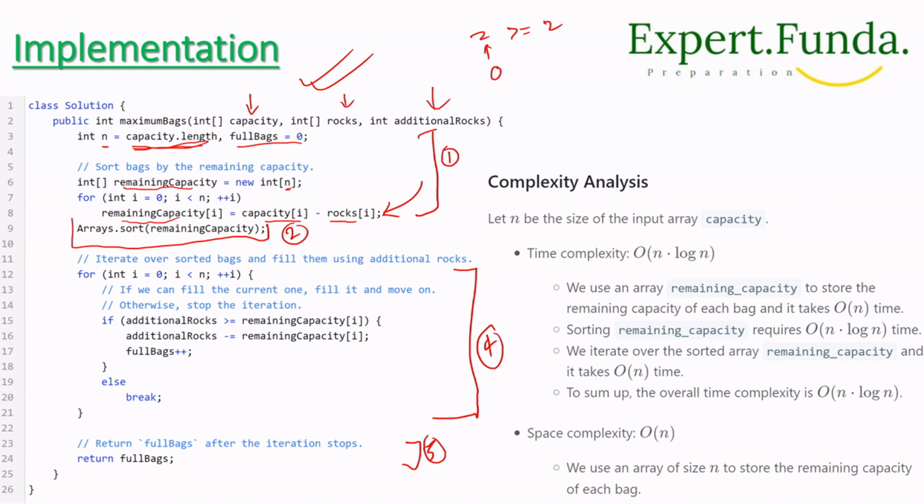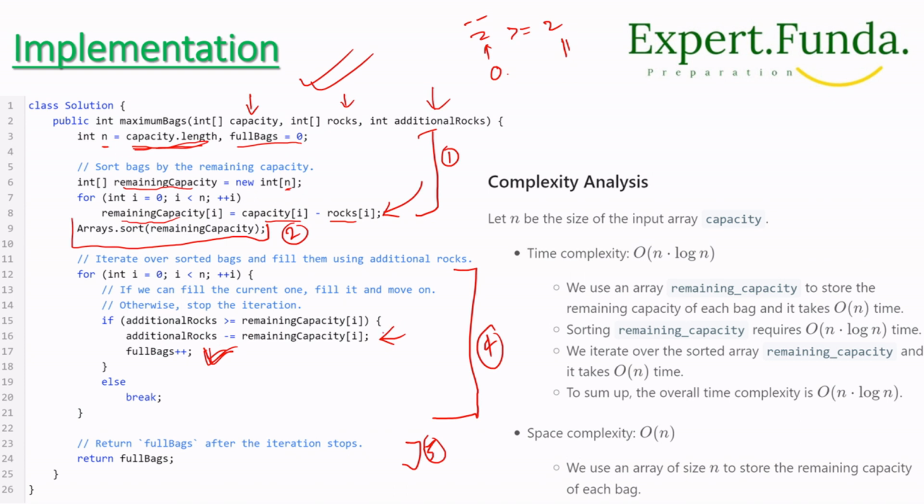No, we will do plus plus, right? But we don't have to worry about the remaining capacity. We have to increase the full rock. So we only have to decrease this one, because this is the additional rock, we have to do minus minus here, and then we will increase. So similarly, what we are doing here is additional rock minus the remaining capacity, and then we are increasing bags, because we have to return full bags, not the additional capacity. If that is not the case,